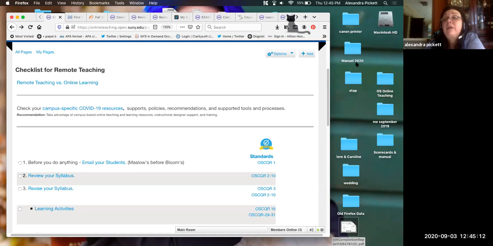And that will help you to inform your activities and how you design them, and maybe come up with options and alternatives for students who may not have easy access to the internet. I do know that there are students and even staff who have to drive to the parking lot of their local library, for example, to get on the Wi-Fi there,